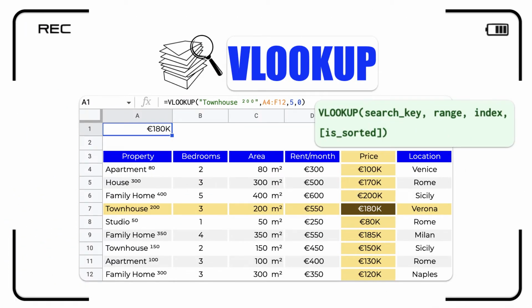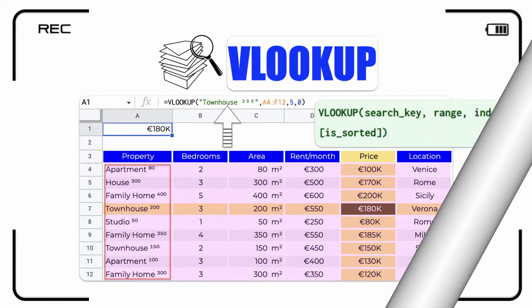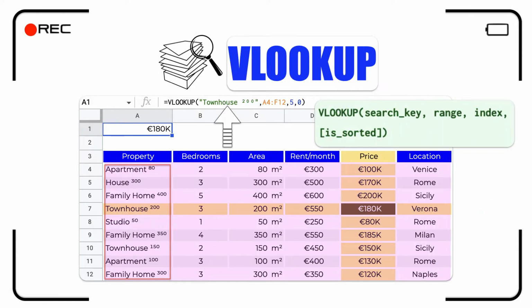To use the function correctly, we need to understand these concepts. Number 1. The value we are looking for should be in the first column of the selected range, and the returned value should be at the right of the first column in that range.